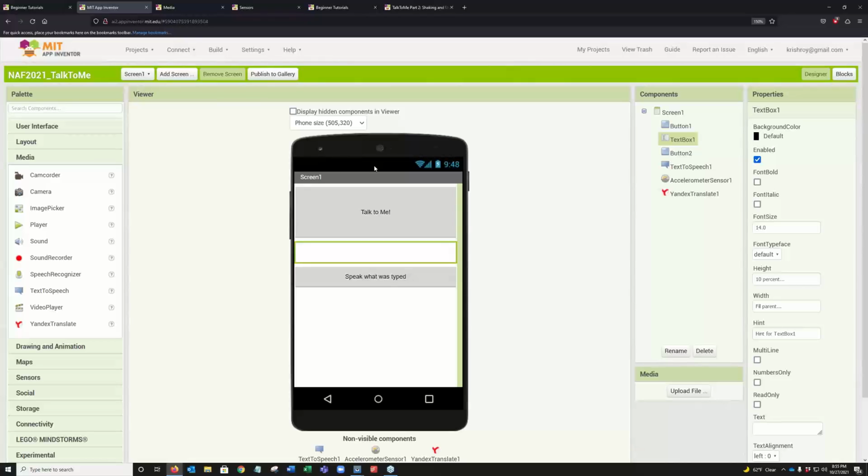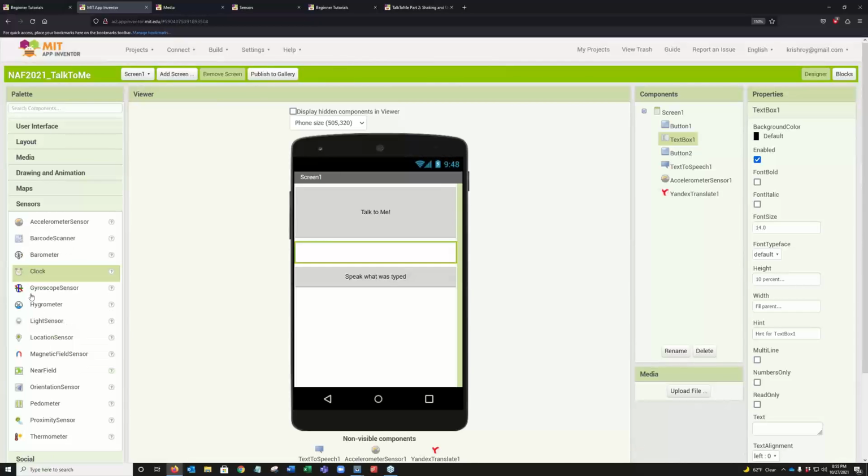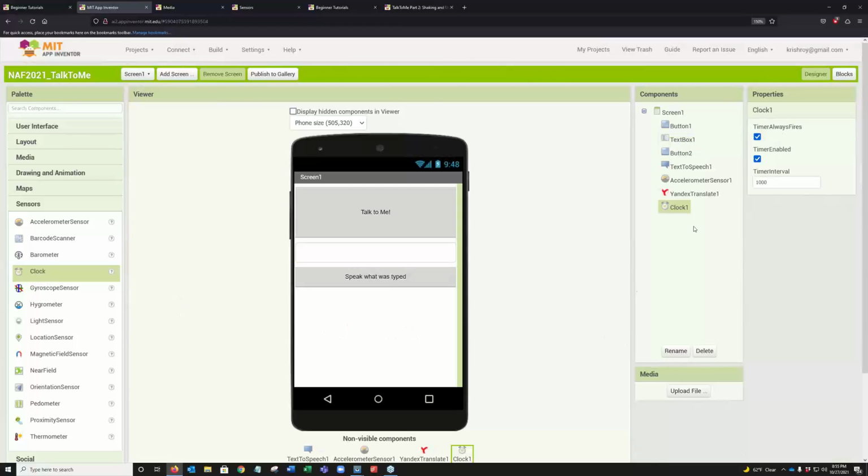So what I did was I added a clock. By default, the clock starts counting down 1 second, and every second the clock expires and the timer gets fired. I don't want that to happen by default. When I add something, these are the default properties, and I don't want the default property to happen here. Initially, I want the clock stopped, and I want it to